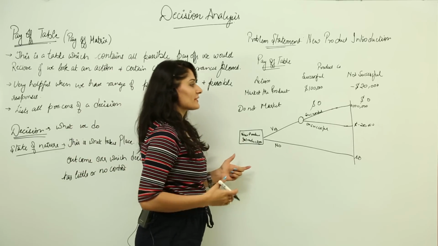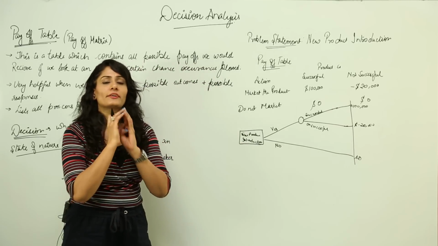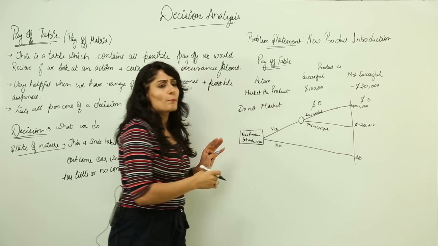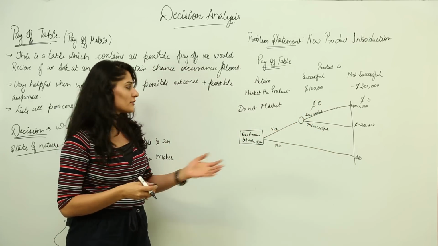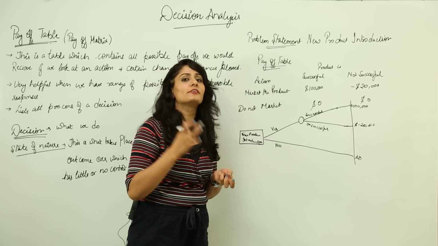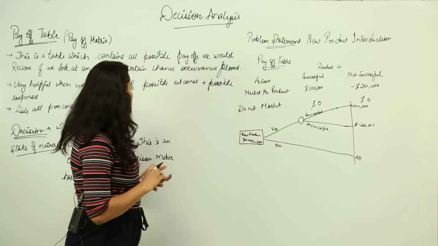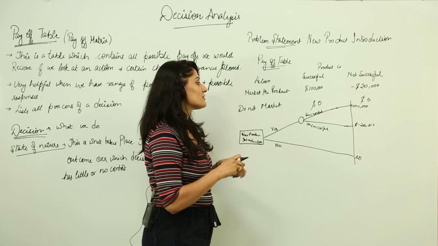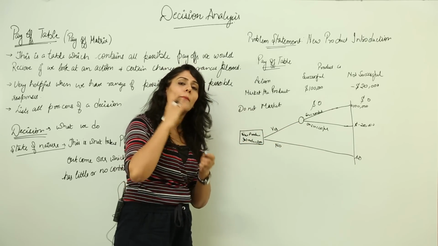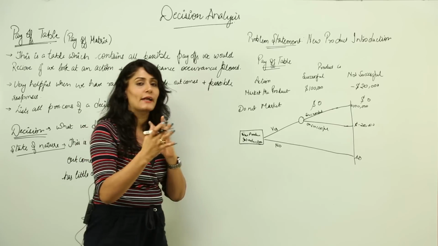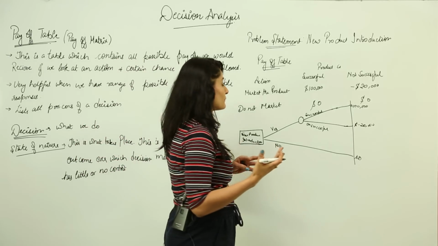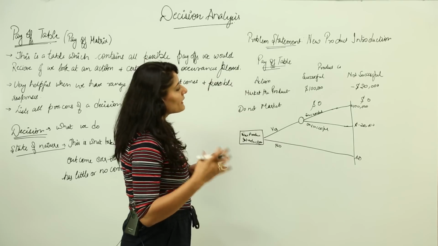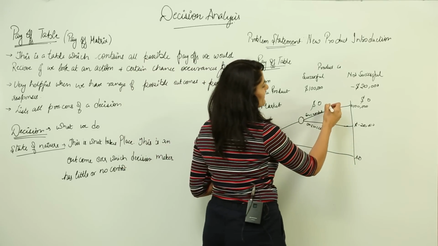So this is a very basic one, but exactly it's not helping me much, right. It's a logical way of how things will look, but now what am I supposed to do with this? It's not helping me out. So we need to add further information. Here we have to add probabilities to this state of nature. That is, how much is the probability of being successful and what is the probability of not being successful. So my project manager tells me that the probability of being successful is 0.75.